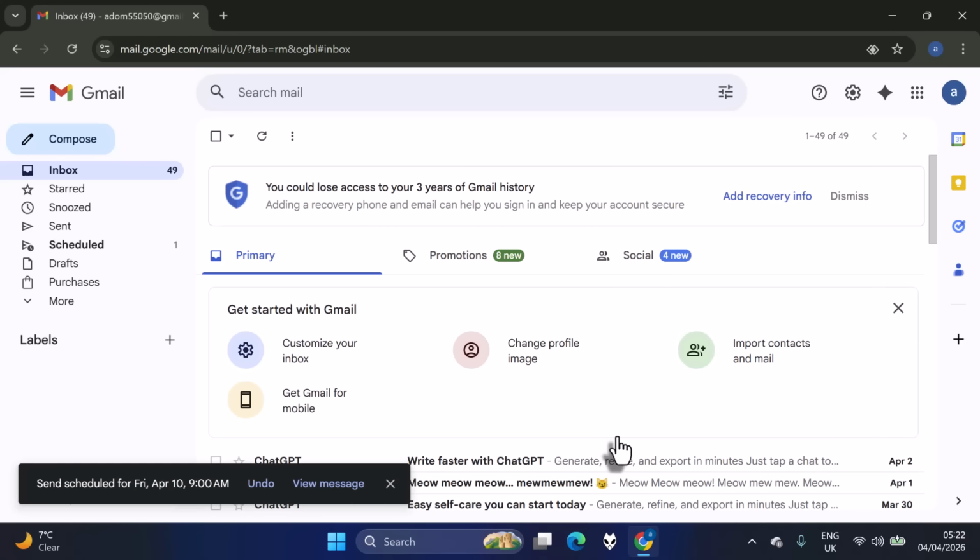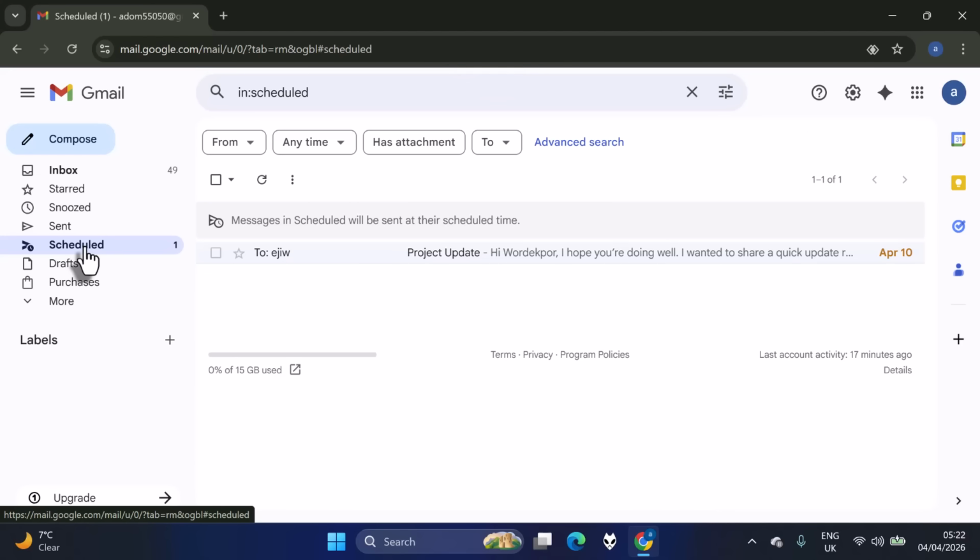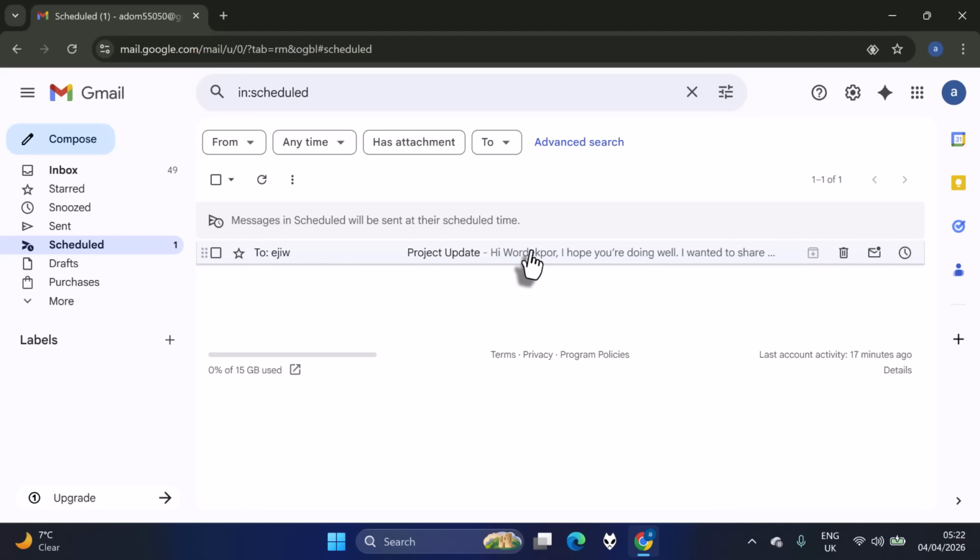To check your scheduled emails, go to the left sidebar and click Scheduled. You'll see all emails waiting to be sent. You can also edit or cancel them anytime before they are sent. And that's how you schedule emails in